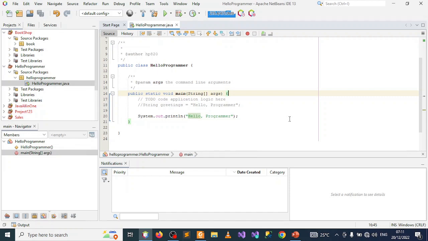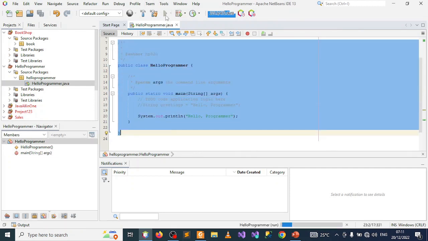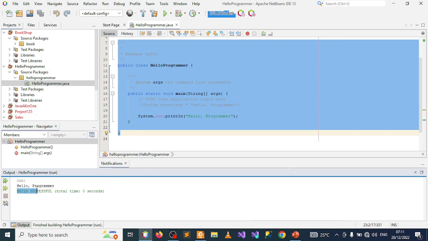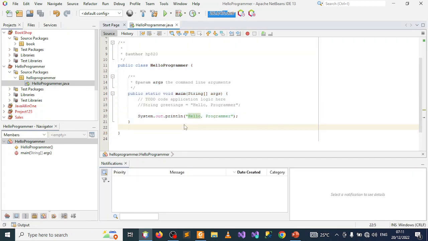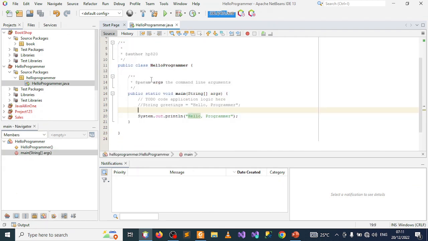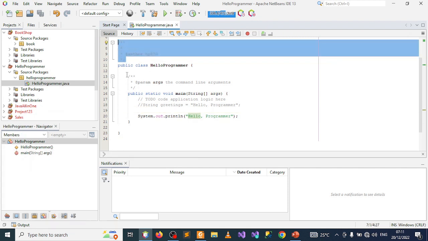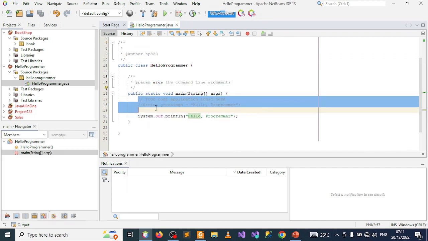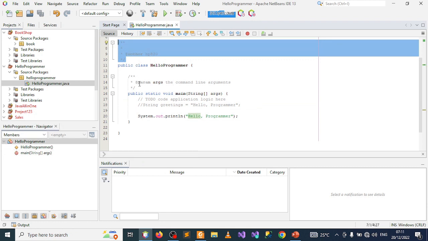Now, remember from our last video tutorial, we had written this simple program here. If you run this program, what it gives you on the output screen is "hello programmer". So what I want to do in this tutorial is to explain what is going on here. First, I told you that there were some of these lines, and I want to explain to you what we call in a programming language